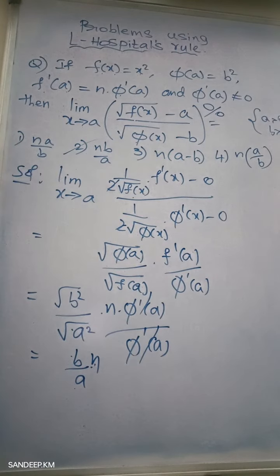Second option. So understand one thing, root over b square is not always b. You are supposed to write mod b, and root over a square is not always a. You are supposed to write mod a. They did not mention any condition about a, b in the question, so the answer should be mod of b by a into n. But we just assumed that a is positive and b is positive as there are no other options which contain mod. Okay, and then we took the